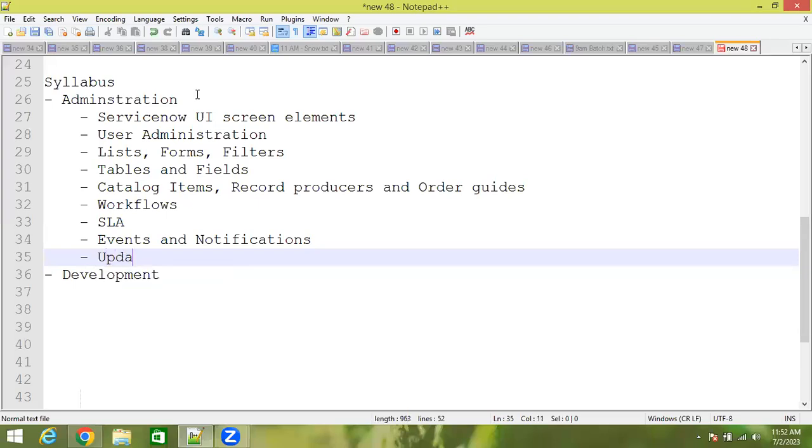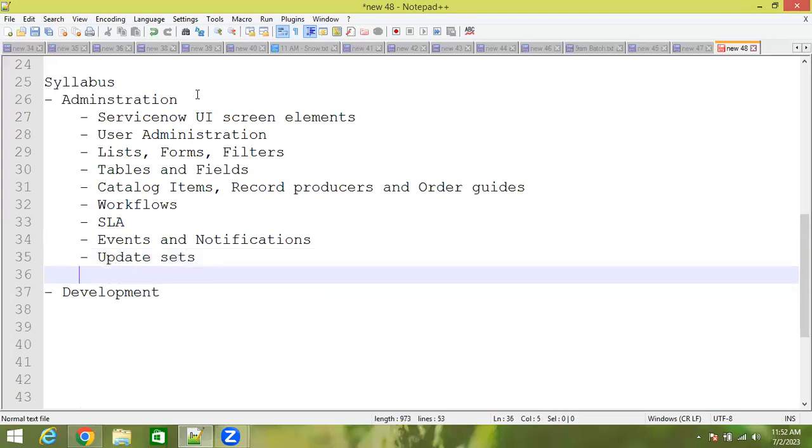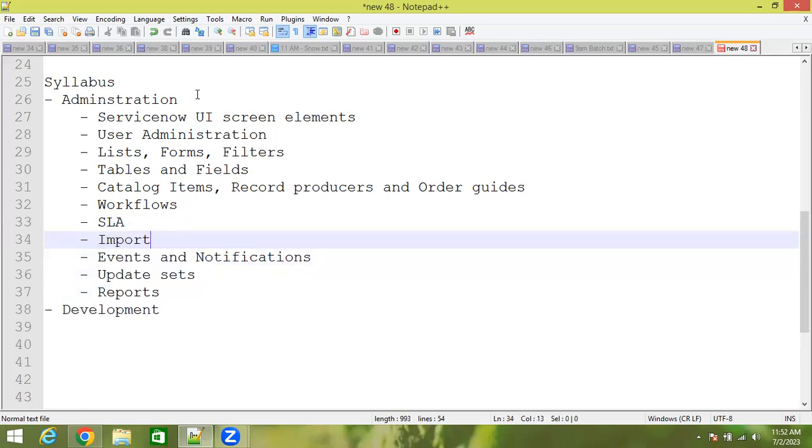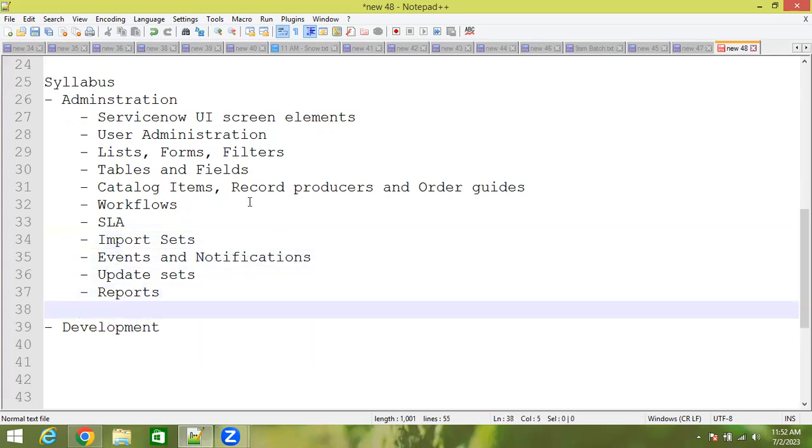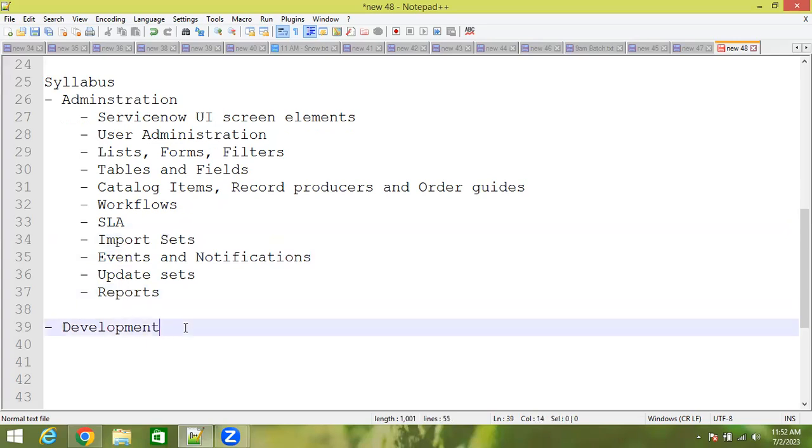Next, update sets, reports, import sets. So all these things will be discussed as part of administration.